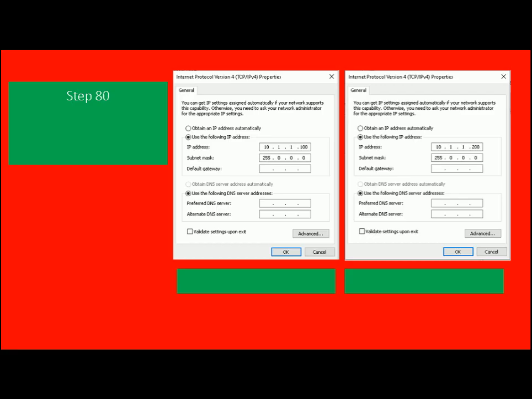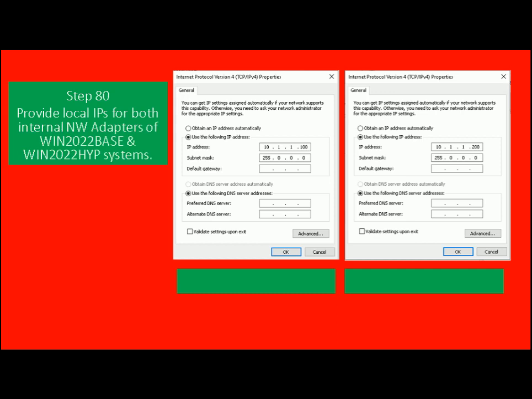Now next is we need to assign the IP addresses. So for which machine and which network adapter we will see. So provide local IPs for both internal network adapters of Windows 2022 base and Windows 2022 HYP system. Now again I am repeating, Windows 2022 base is a physical machine and Windows 2022 HYP is a virtual machine. So let's start